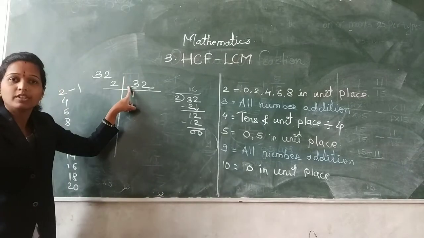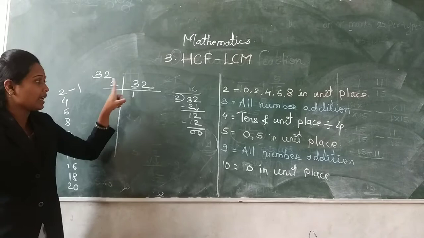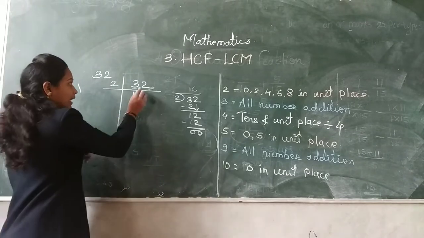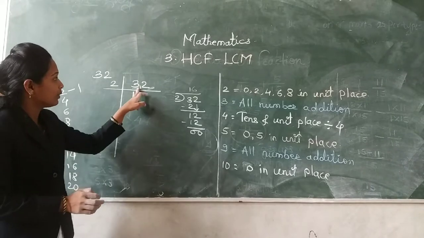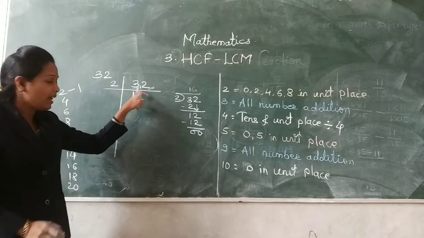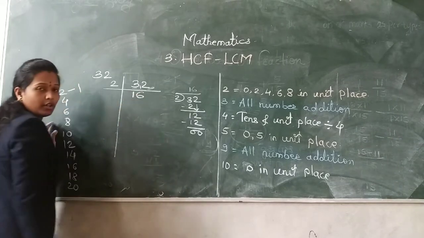In your mind, you have to do the subtraction: 2 ones are 2, we have to take 3 minus 2, the answer comes 1. The remaining 1 is put here only. It means for your understanding, you get the number 12. And 12 is there in the table of 2, that is 2 sixes are 12.